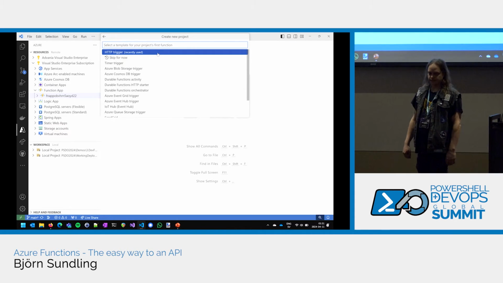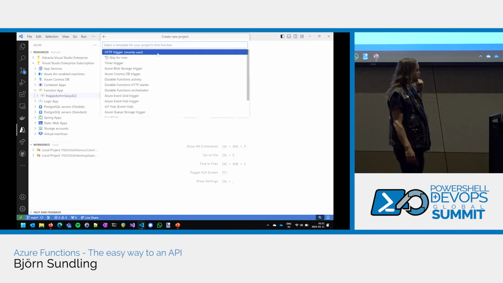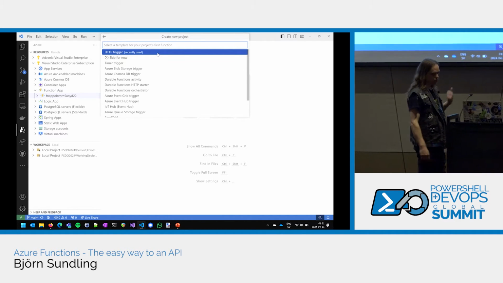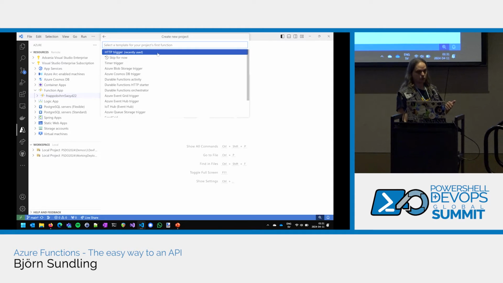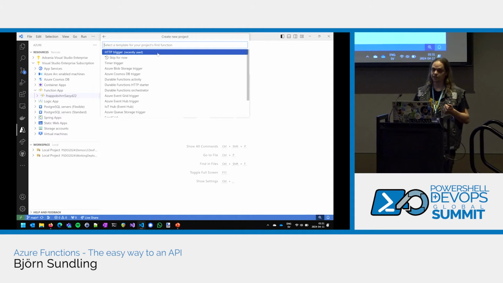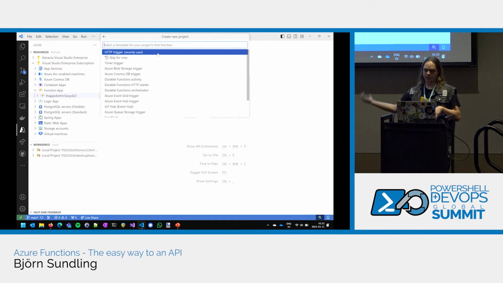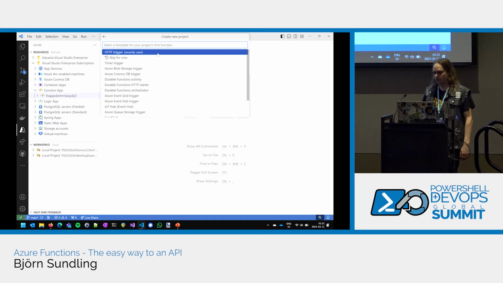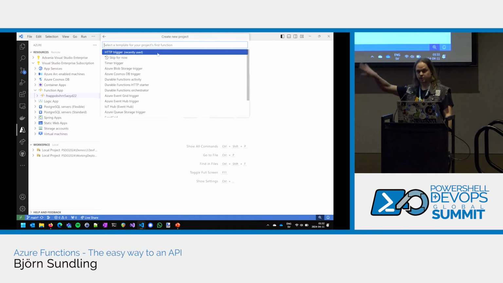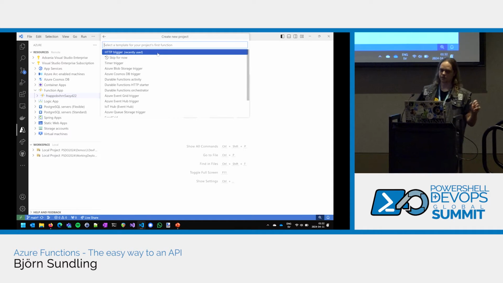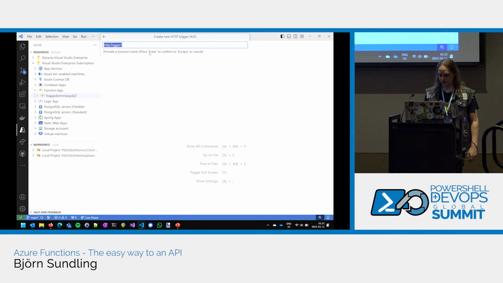So the first key to this is the trigger. We need to say, how do we want our function to trigger? Now we're building a web API. That doesn't necessarily mean that someone has to browse to it or invoke REST method has to call it. We could actually say that this should be run on a time schedule. Or whenever a new file shows up to our blob storage, trigger this function, do some magic with it. So whenever HR adds a user to our Excel document, trigger this function, create the user, you're done, congratulations, awesome. But for now, let's create an HTTP